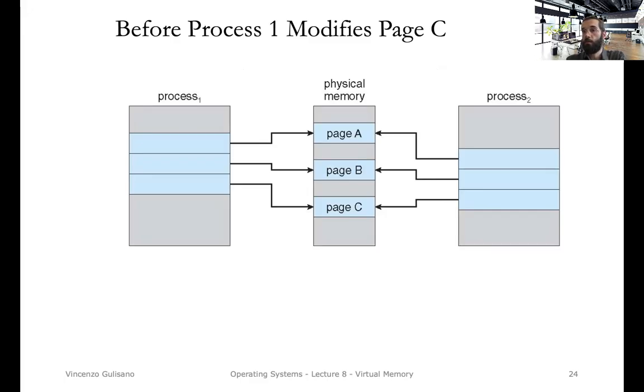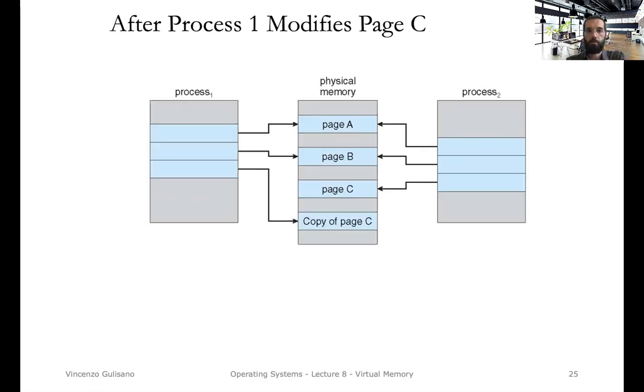That's why creating a process through fork is extremely fast, because you don't really need to load anything into memory. You just have to create, of course, a new page table and the process control block of the new process, but when it comes to the information that belongs to the process in memory, you can just keep using the one of the parent process. If process 1, let's say, wants to modify a certain page, page C, then in that case, you create a